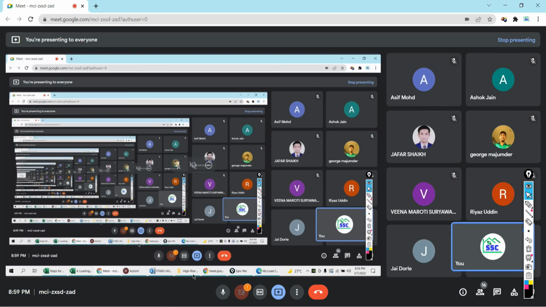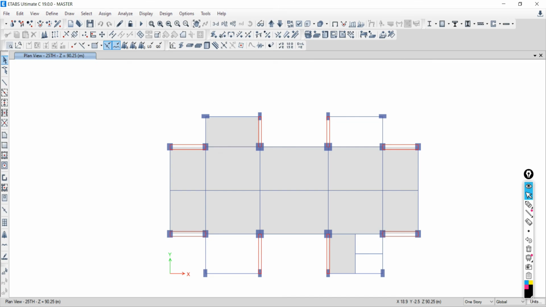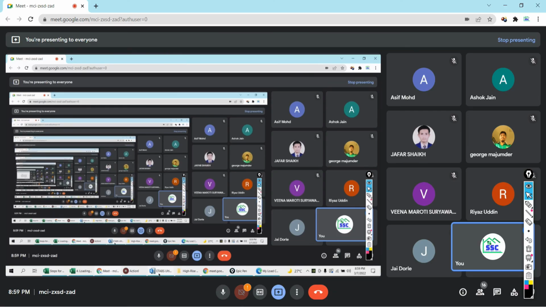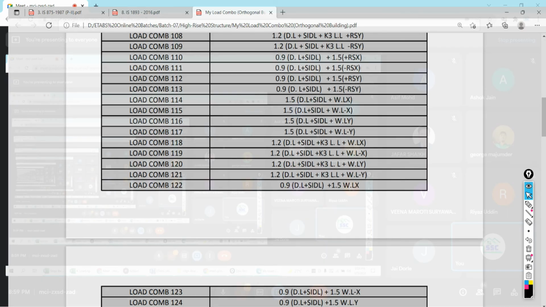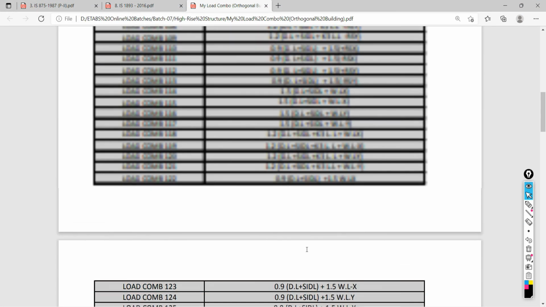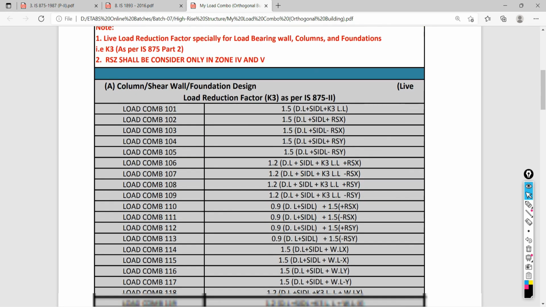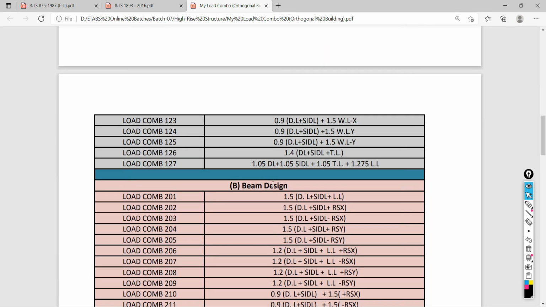See, one exercise I would like to give, and you have to submit it back tomorrow. Will you do that? I will share this model file, in addition to this load combination. So you have to define the remaining load combinations. Will you do that or not? Yes, sir.